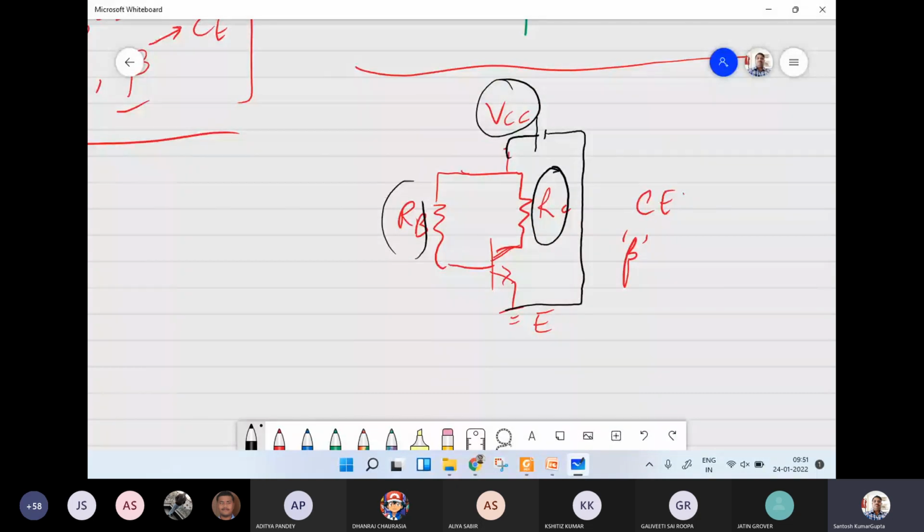So we can actually understand this circuitry as if we are having RB here, RC,